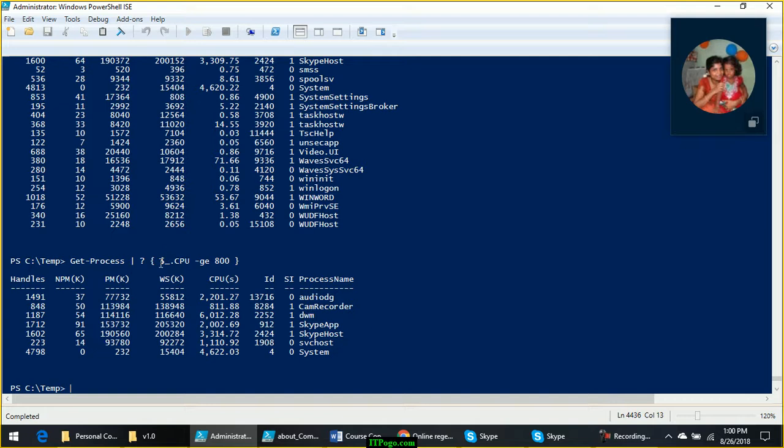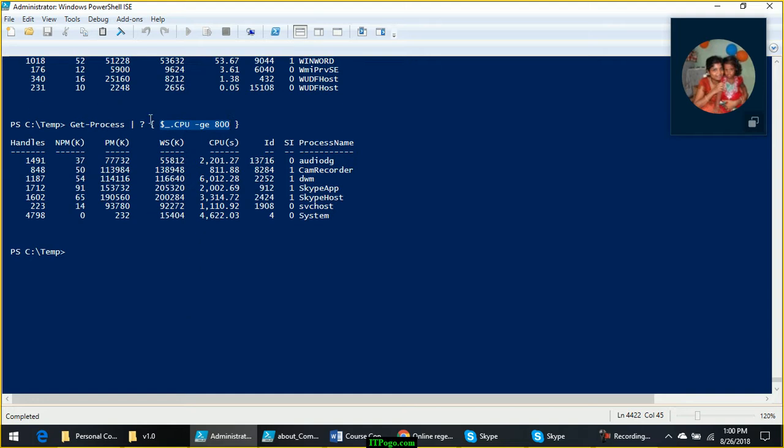Okay, now when you are using only one property for filtering, you can get rid of these curly brackets and directly give it like this. Let me show you. You can remove the curly brackets and dollar underscore, and use it like this.